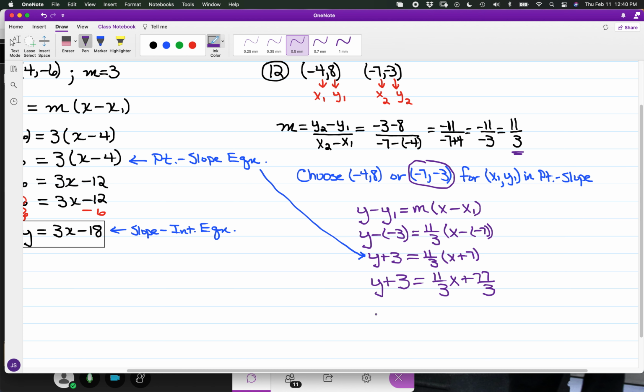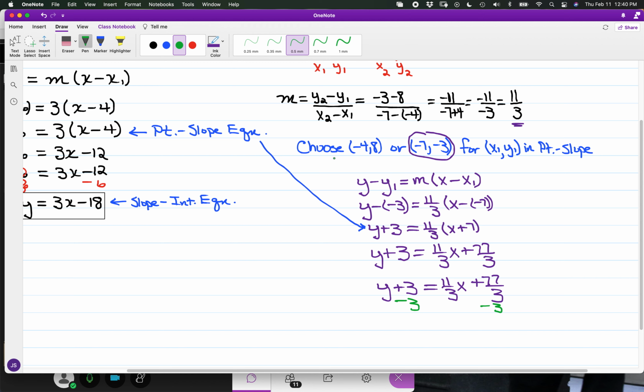And if I get the y term by itself, upon deducting 3 at both ends, we have y is equal to 11/3 of x,